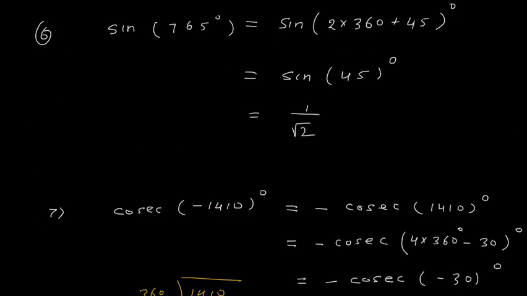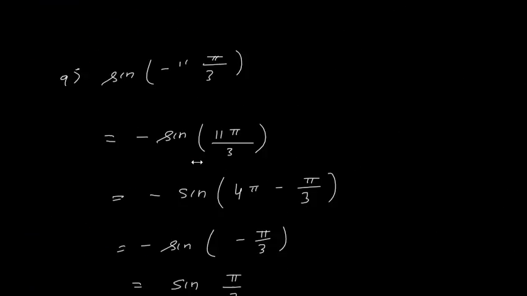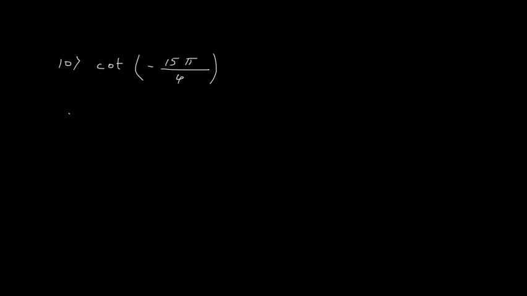And 10th question. So 10th question, better you try yourself. Okay, you will get confidence of how we get all these values, right? So 10th problem, here we have cot of minus 15 pi by 4. So tan and cot, they are the ratios of sin and cos. Now as tan minus theta is minus tan theta. Here, you can say that this is cos of minus 15 pi by 4 upon sin of minus 15 pi by 4. For cos minus theta it is cos theta only, for sin minus theta it is minus sin theta. So this is minus cot